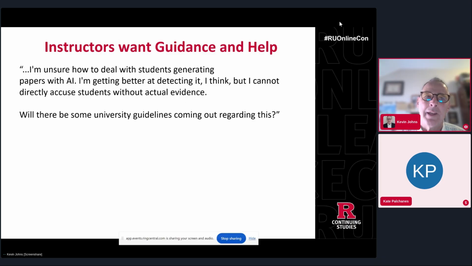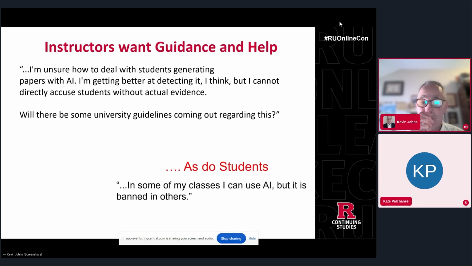For large universities with a lot of departments and schools, everybody's having their policies published, and the policies are fairly similar, yet still different. That's a concern, especially for students, because I've seen this with the students in my classes: some classes they can use it, but only for this instance, and other classes are totally banned.